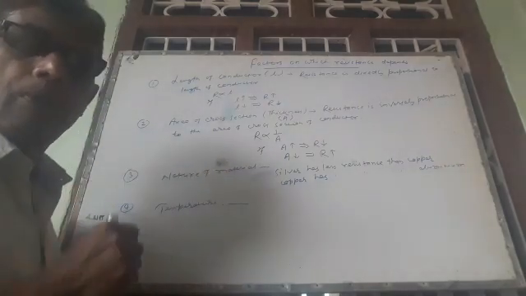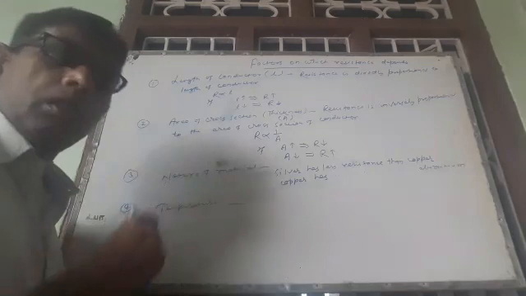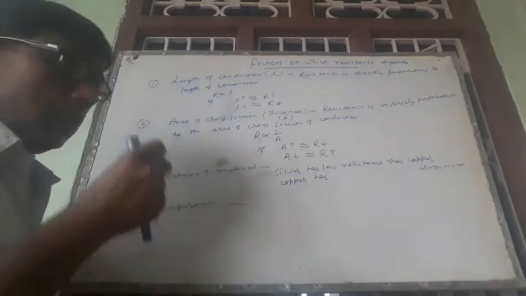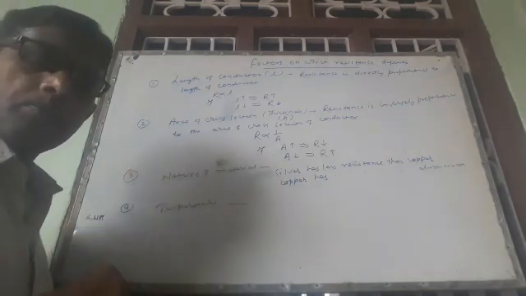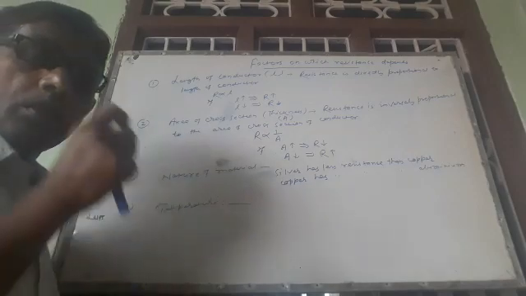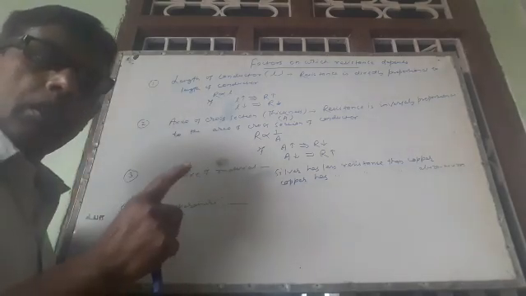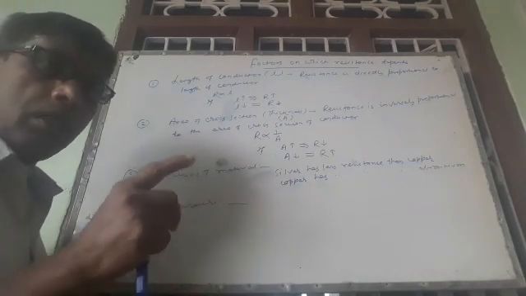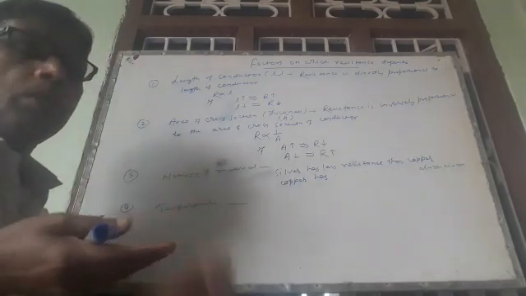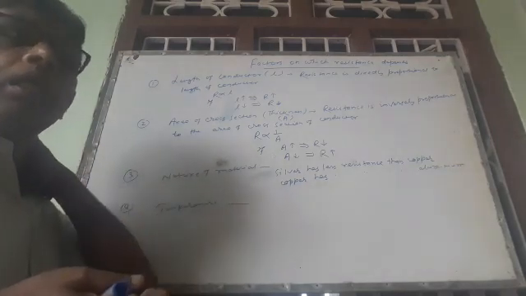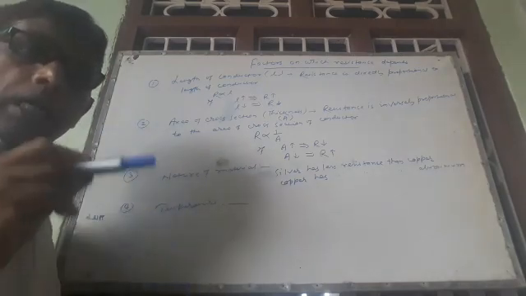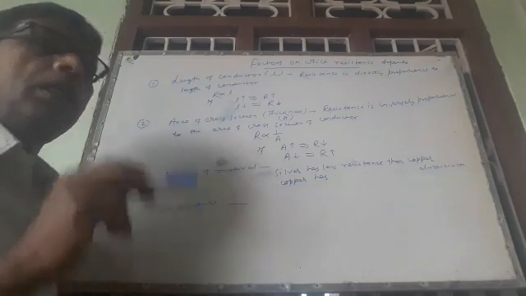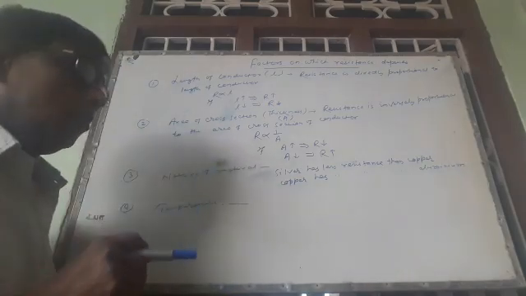There are two types of wire, a thick wire and a thin wire. Suppose one wire is 10 mm and another wire is 6 mm in thickness. This means the 10 mm wire has low resistance in comparison to the 6 mm wire. If you are given two wires, thick and thin, the thick wire has less resistance in comparison to the thin wire. That's why it is better to prefer a thick wire in our circuit.